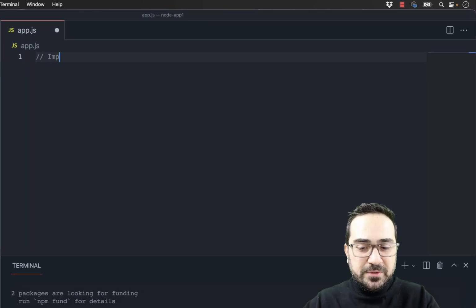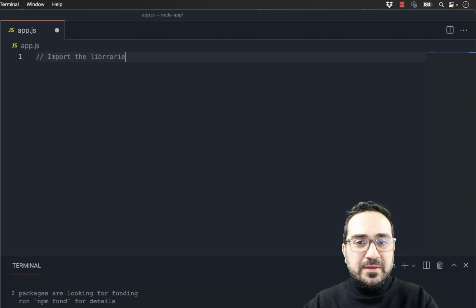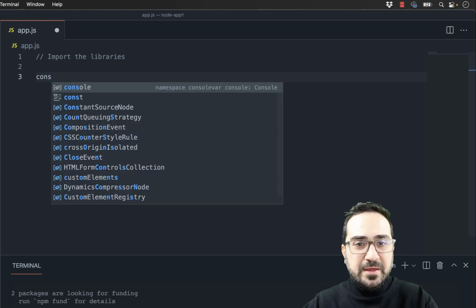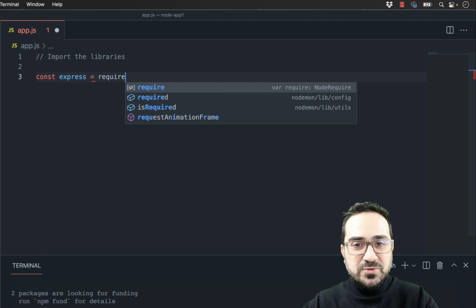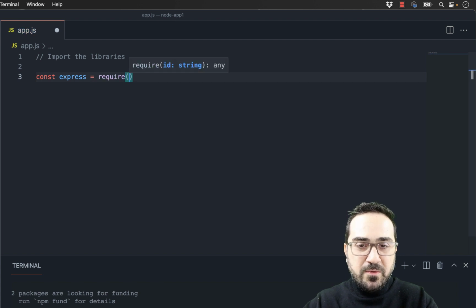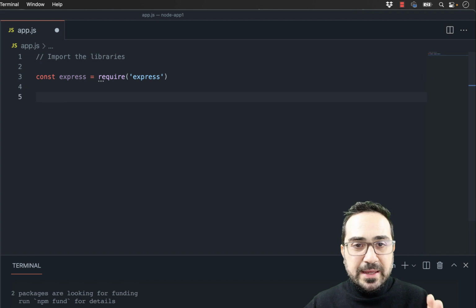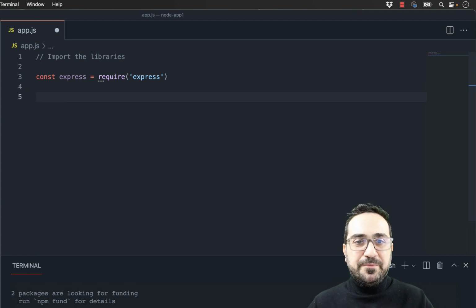Right, so let's import the libraries. I will just type here import the libraries, and the first library that I have to import is called obviously the Express library. So I will create a variable, I will call it const express. This is an Express application, and this will require the Express package. Alright, so I imported the Express library.